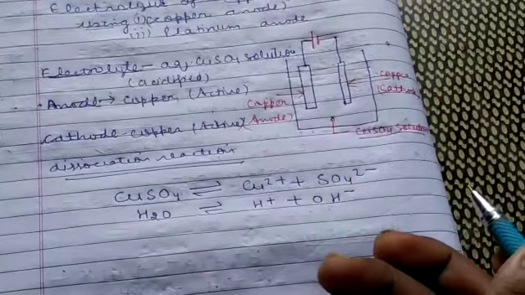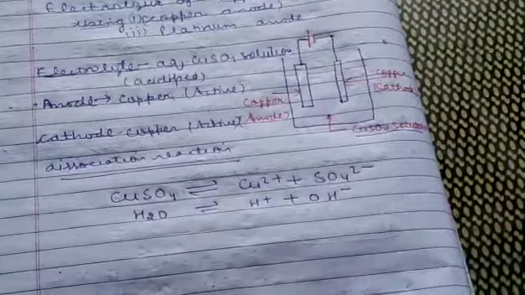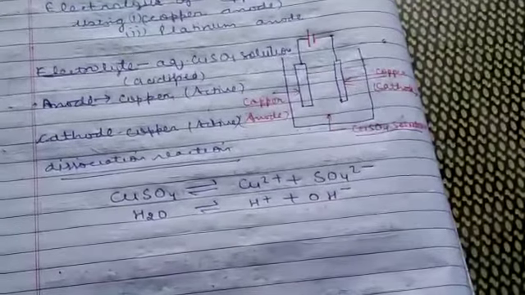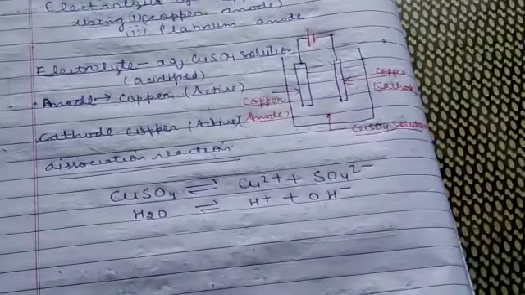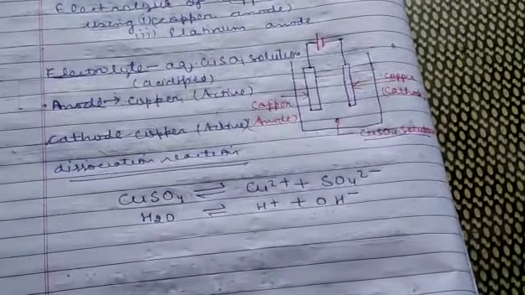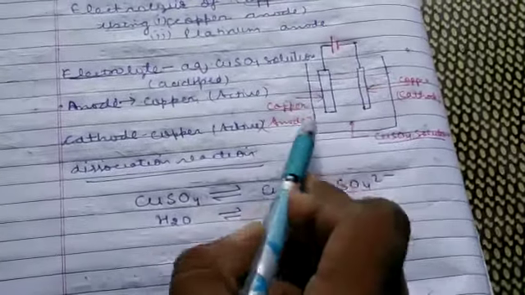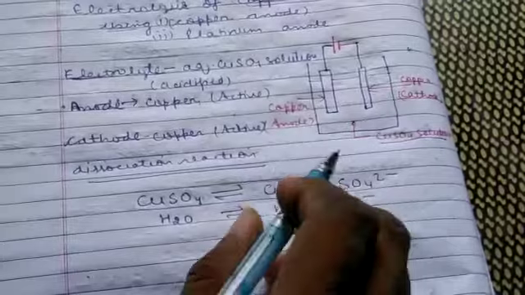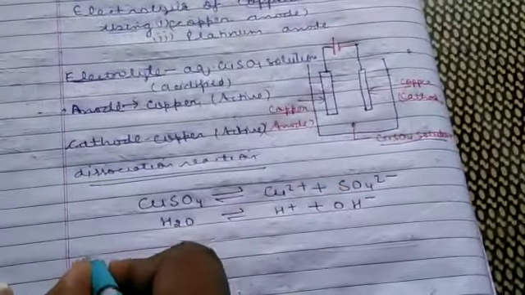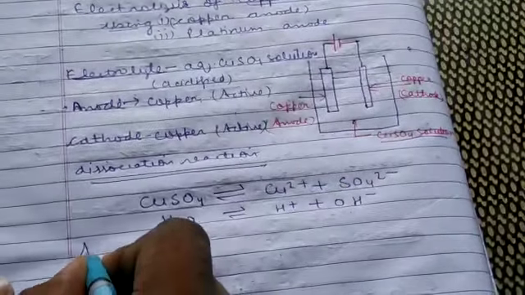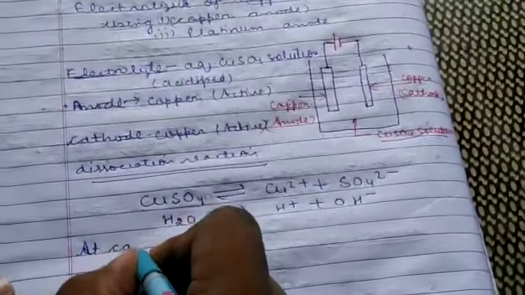In the same way as we have done in the electrolysis of acidified water, these cations and anions will migrate towards the respective electrode, but the one which is lower in the electrochemical series will discharge, in the condition when there is an inert electrode. But here you are using an active electrode, so there is a slight change. At first we will do the cathode reaction.